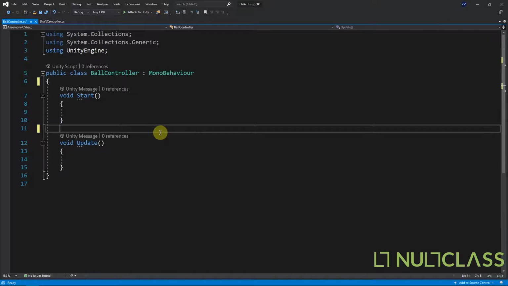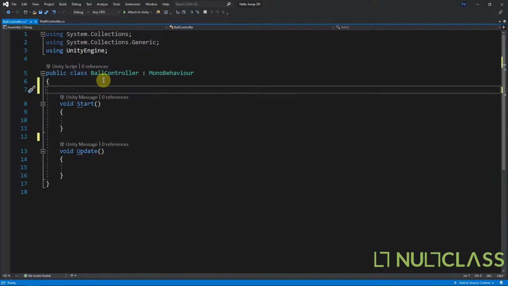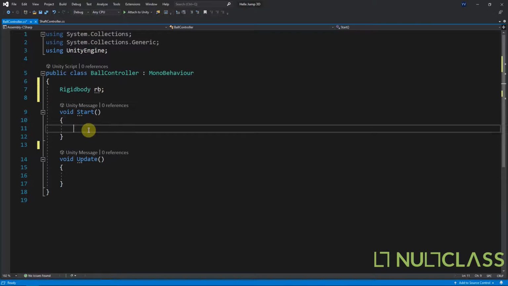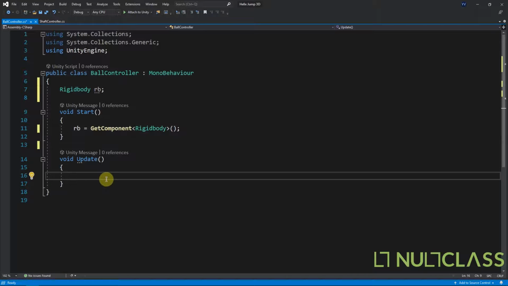Let's remove these comments, and then we'll create a rigid body variable, Rigidbody RB, and then in our start we'll get this RB equals to GetComponent Rigidbody, and then in our update we'll do if RB.velocity.y. So we are getting the velocity of the y-axis. If that is greater than 10,